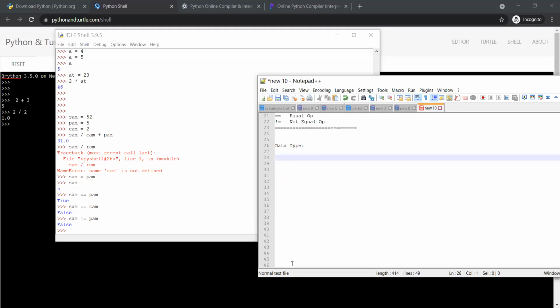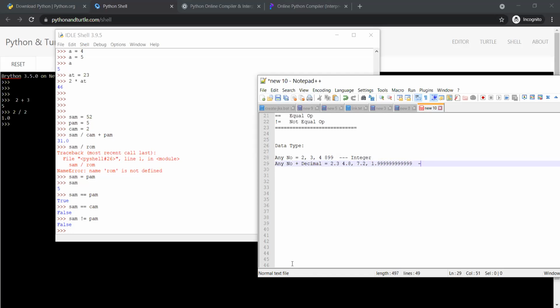Any number which doesn't have a decimal point, like 3 or 4, is called an integer in programming language. And any number with a decimal, like 2.5, 2.3, 4.8, or 7.2,